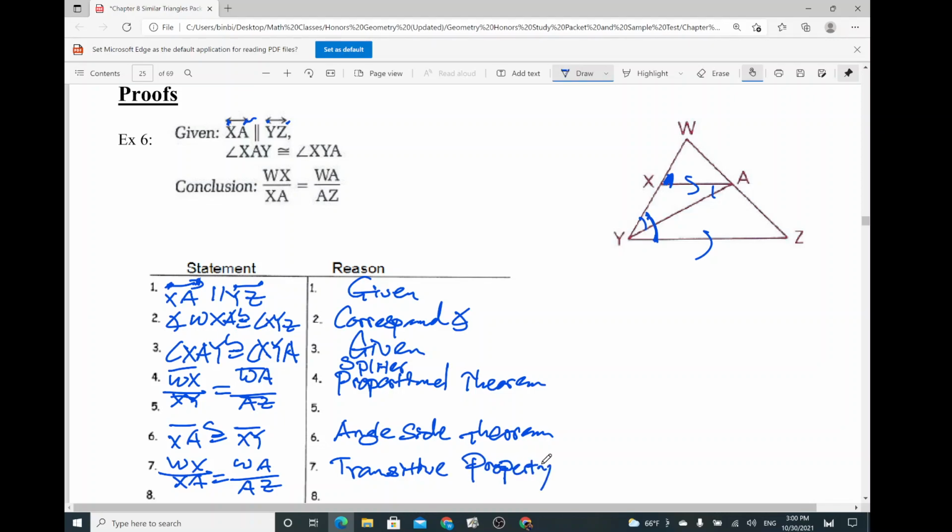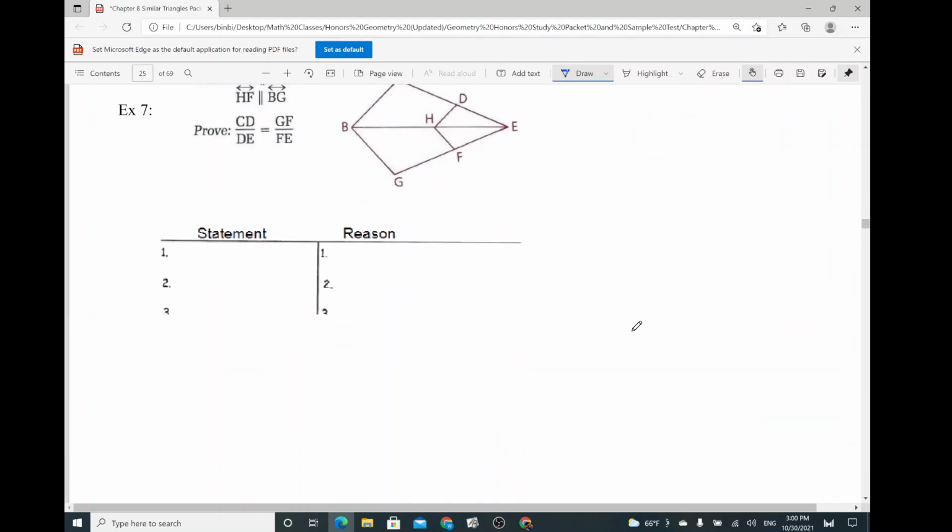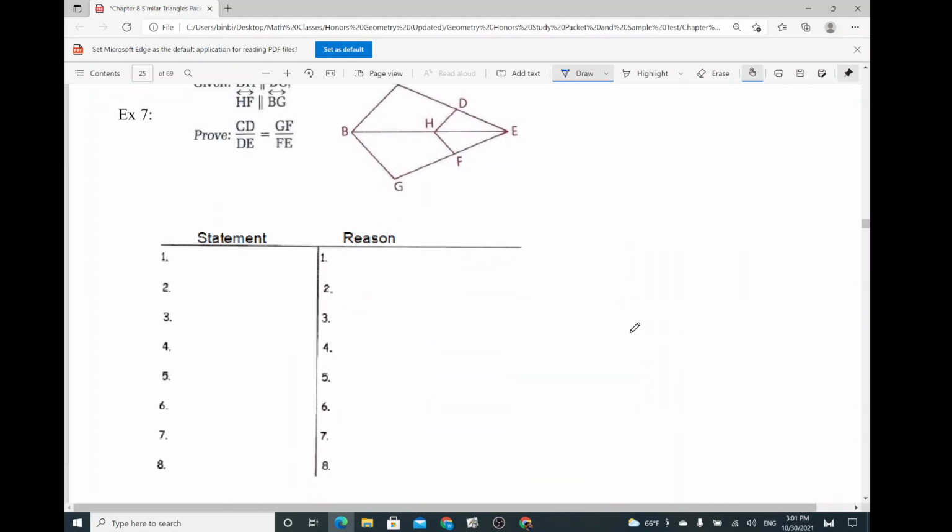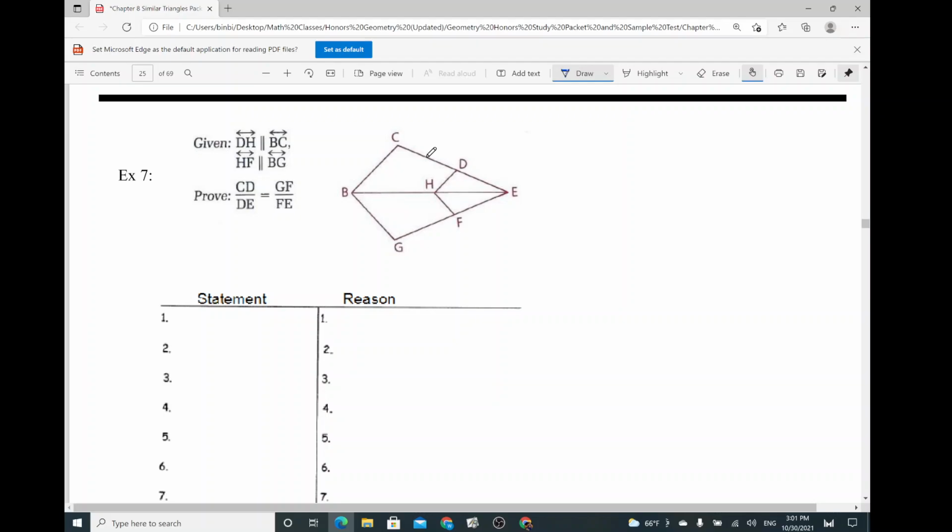Alright? Okay, so now let's see what else that we have. And here's another example, it's quite similar to what we're doing. So DH is parallel to BC. So DH, excuse me, not BH, DH is parallel to BC, and then HF is parallel to BG, and you want to show the proportionality CD over DE is the same as the ratio of FG over FE. So again, this one, you just want to show the corresponding angles and use one of those proportionality